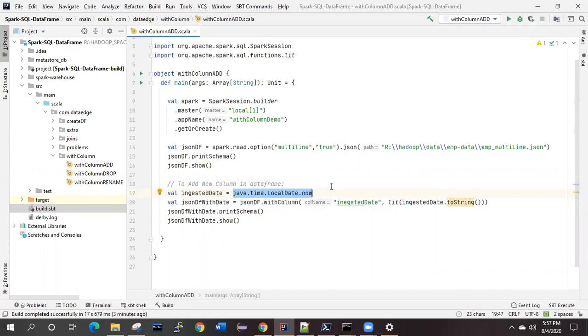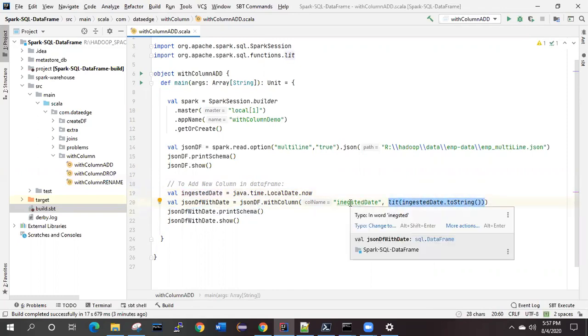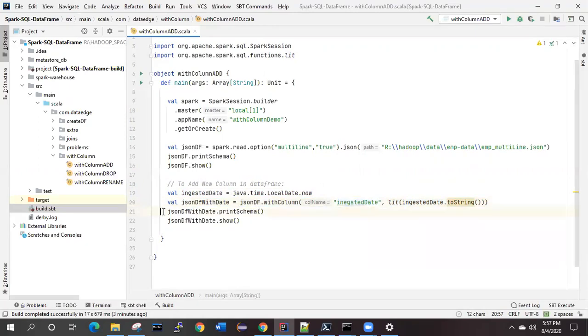The current date is going to be ingested over here, and in string format it is going to be added over there, and the column name will be ingested date. Later on we are printing the schema. Now you can see the JSON data frame with date, and the content. So you can cross verify with the two schemas. Let's run.